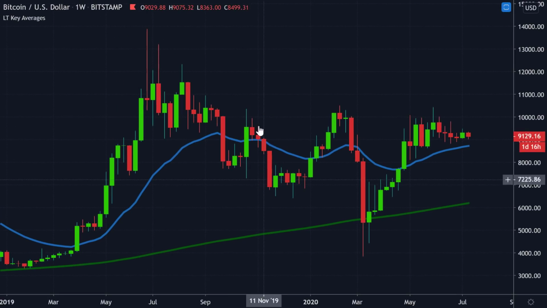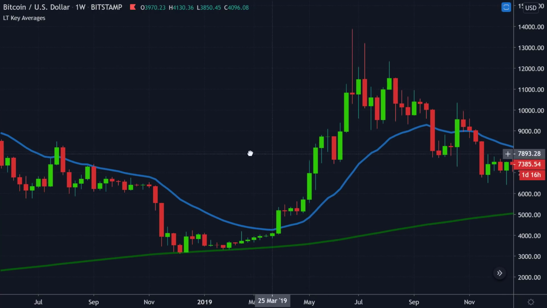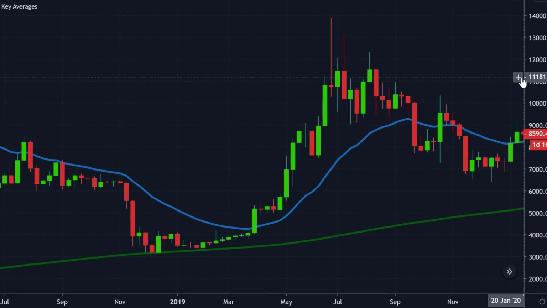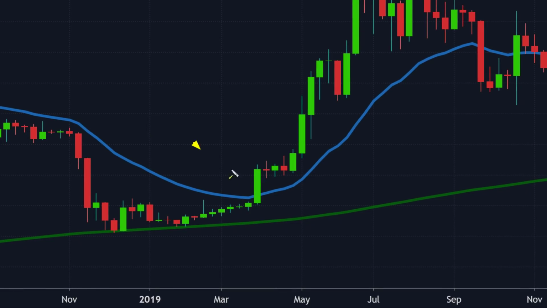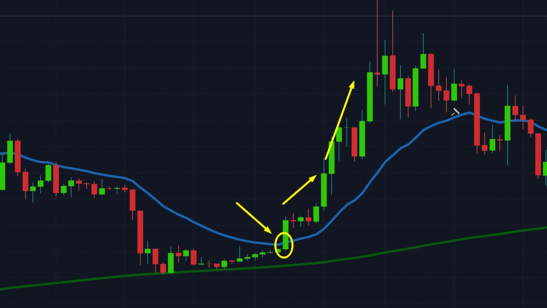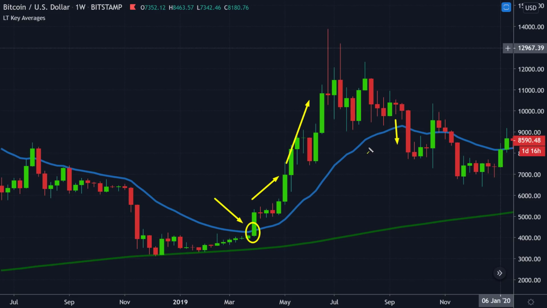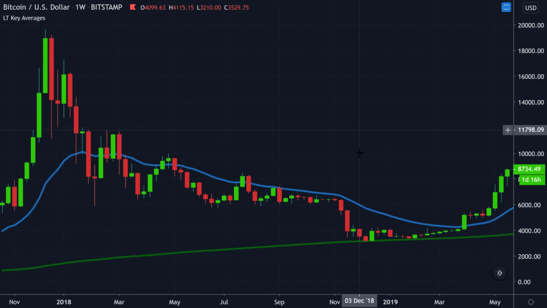Now, you'll see last year in 2019, there was an attempt that succeeded, but of course that also eventually failed too. So here's an example for you of when Bitcoin succeeded in getting something going to the upside. There it is. Gets above the 21 and then started a nice major rally to the upside. But of course, eventually that failed and dropped below the 21, showing to us, nope, that was not a brand new uptrend.